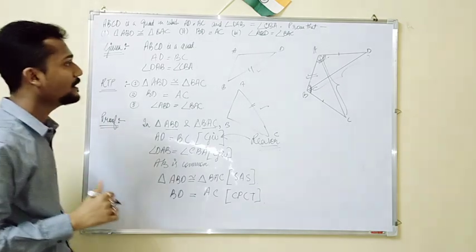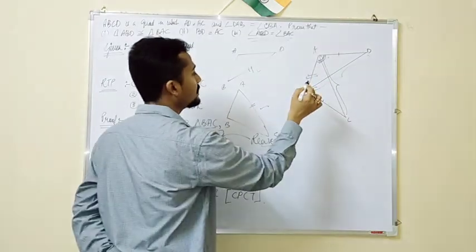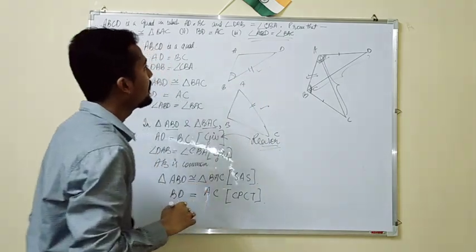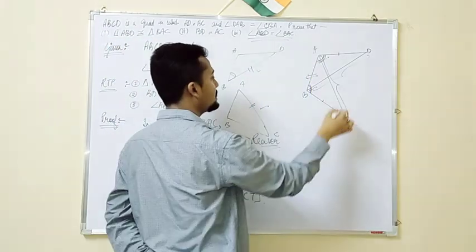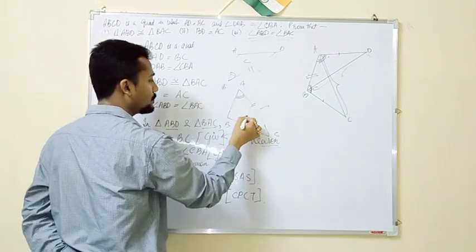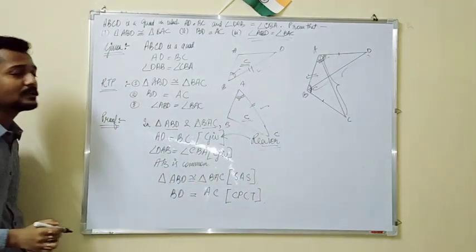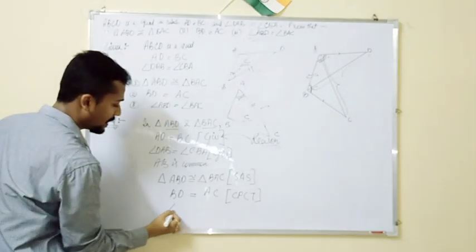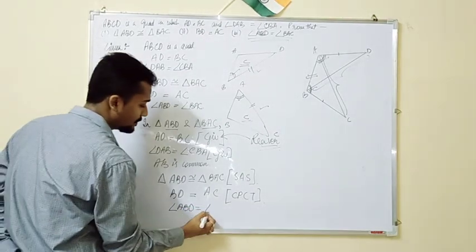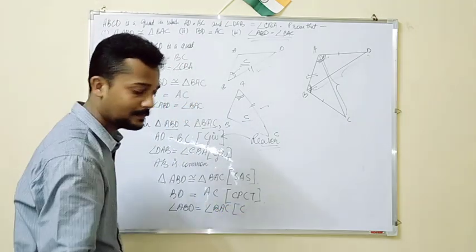Fine. अभी what next? Angle ABD, this particular angle, that means ये वाला angle, and BAC, this particular angle. What can we say about them? If both the triangles are congruent, this is congruent to this, then what can we say about them? That these two angles will also be equal to each other, isn't it? That means angle ABD will be equal to angle BAC. Reason? Same. It will be CPCT.